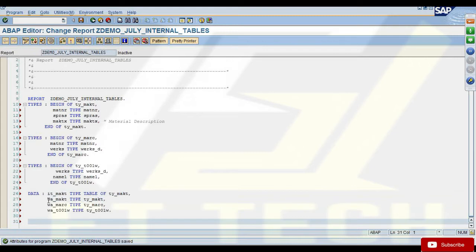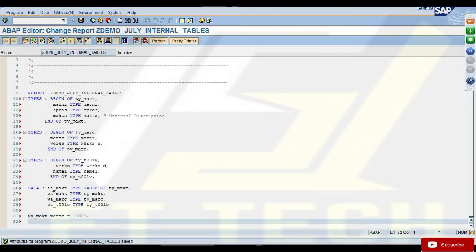But internal tables are a bit different compared to other data objects that you create. These work areas and variables, I can access them directly. If I want to access the material number field of this MAKT structure, I can say WA_MAKT-MATNR equals 100, right?